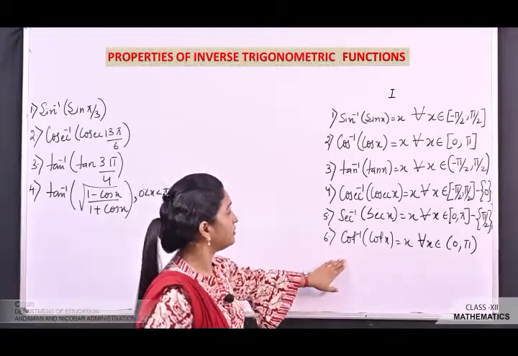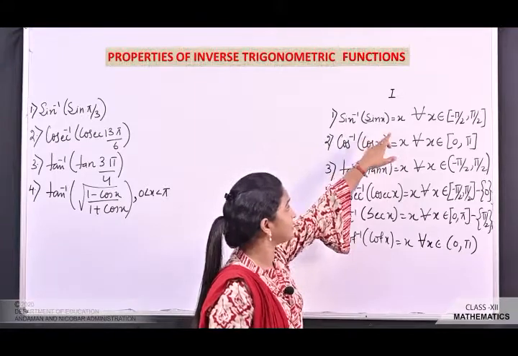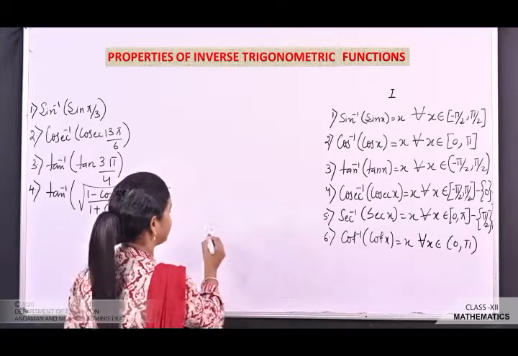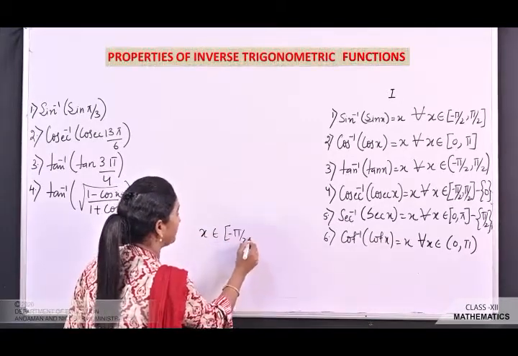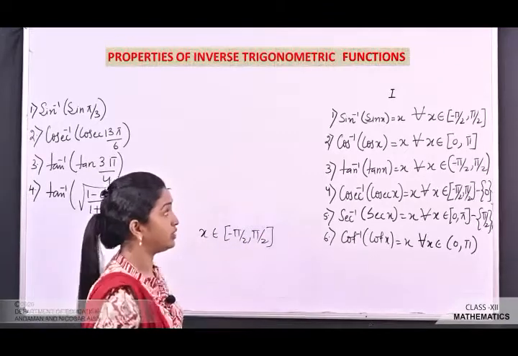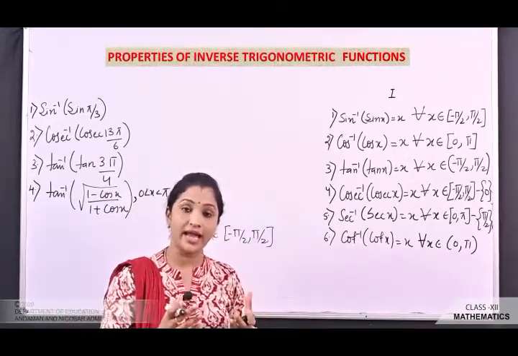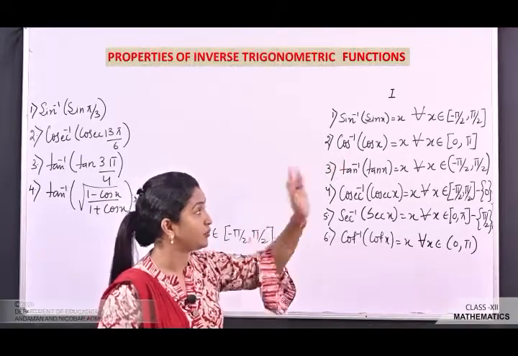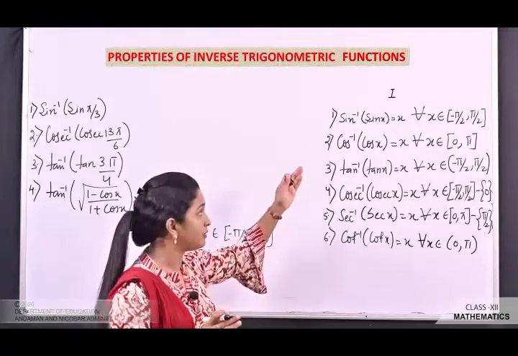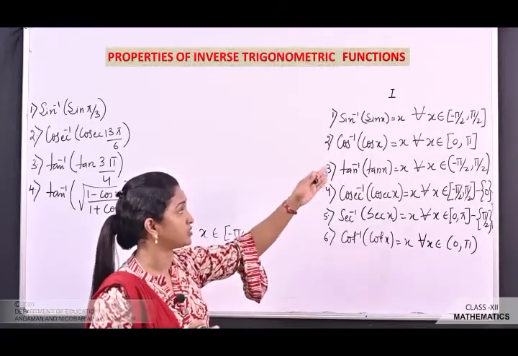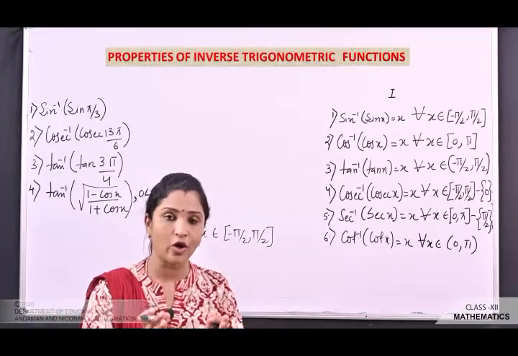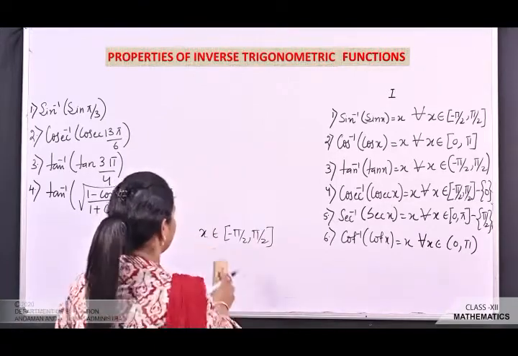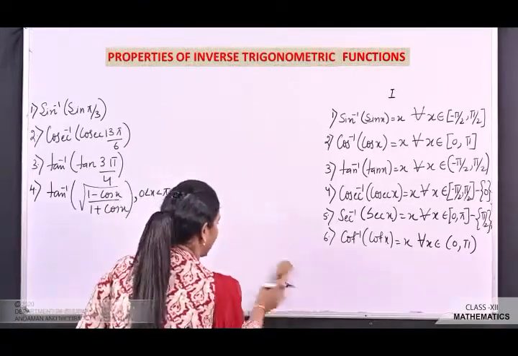Now what does it mean? That means sine inverse of sin x is x. The most important factor is the domain. x belongs to minus pi by 2 to plus pi by 2. This is the most important factor, because when you write the answer sine inverse of sin x is equal to x, it means that x should lie between minus pi by 2 to plus pi by 2. Same case with cos x. If you are getting cos inverse of cos x is equal to x, that means x should belong to 0 to pi, and so on. Okay, now let's see some questions here which will give you more clarity.